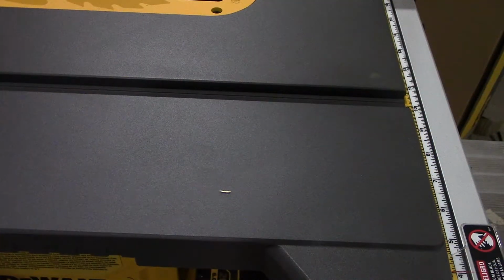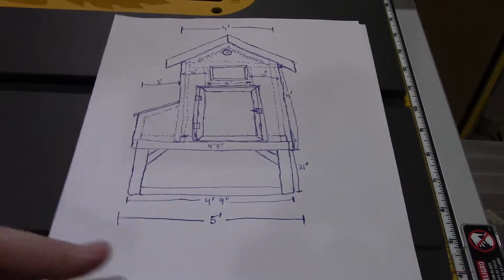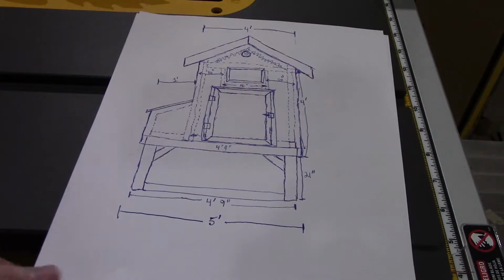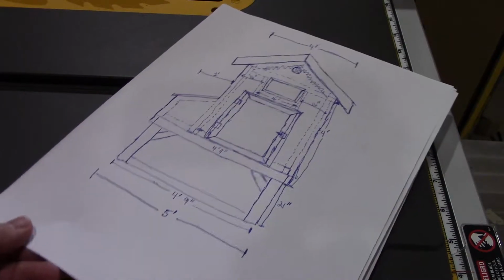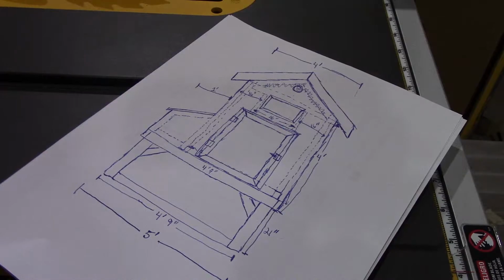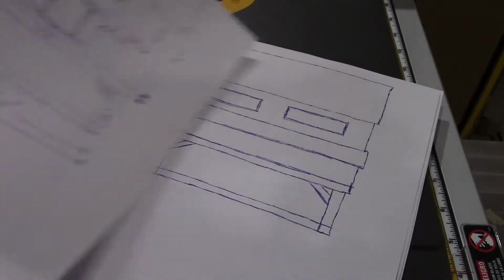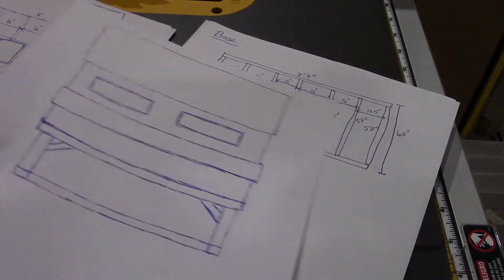Alright guys, so honestly the title should have given away exactly what we're starting here today. But any project that starts with a better chance of success is going to include a set of plans. So I've made up a rough set of plans, a few scribbles and edits made along the way, but it's going to give me a general idea how I'm going to create this chicken coop. So I've taken a few different ideas from other users on YouTube, kind of put it all together into my own layout. So you can see that's one side, the other side with the egg catch box, and so forth,